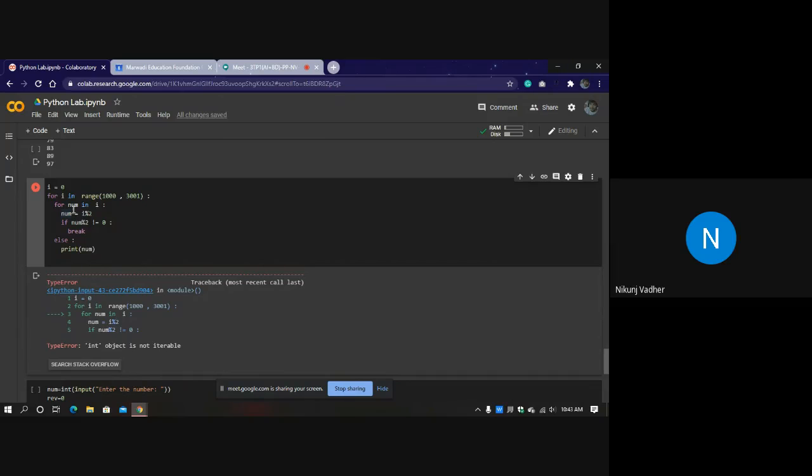If you want to iterate on 1000, then first you have to convert 1000 into a list, and then you have to manipulate it again. So, how can you do it using this approach? Using this approach, you have to convert your entire number into a string, and then get the individual digits, meaning characters. They will be converted back to digits again. Then you will check.